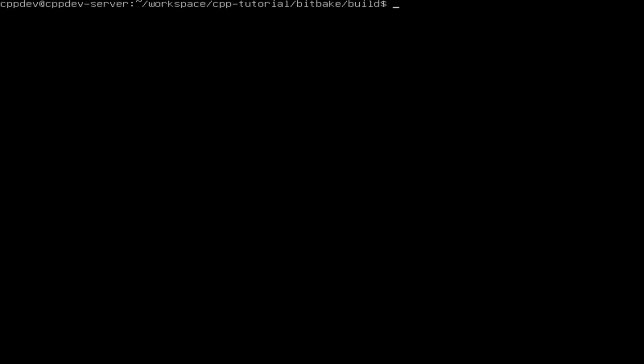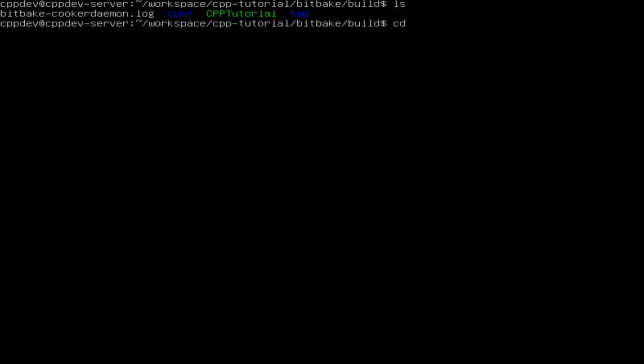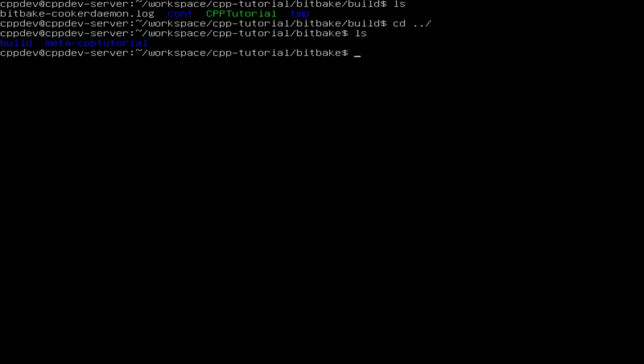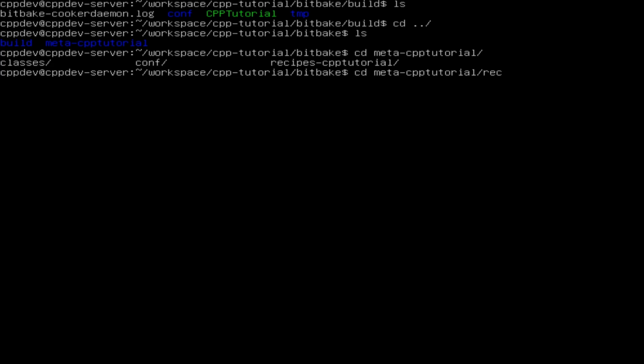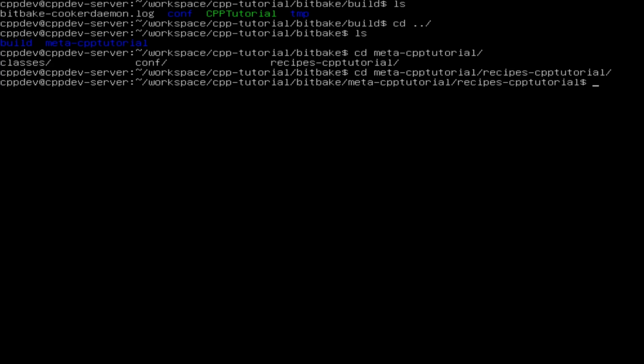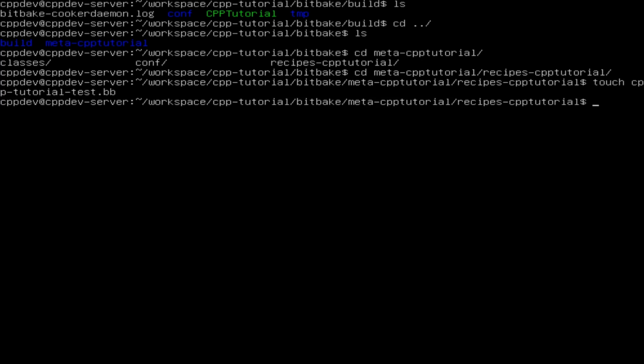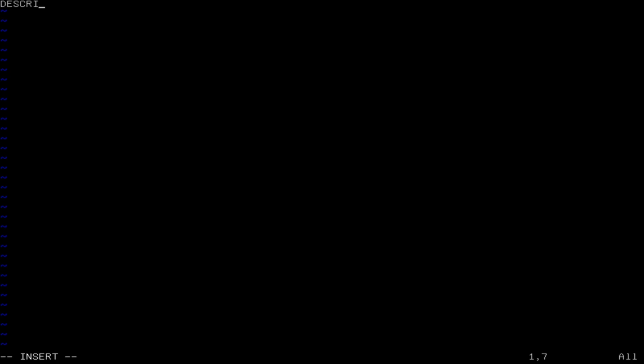Now let's create a similar recipe for the test binary. So we are going into the same directory, and we are going to create the CPP tutorial test.bitbake. So this recipe will be similar to the last one.